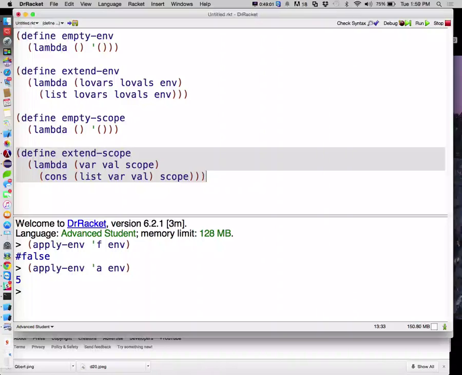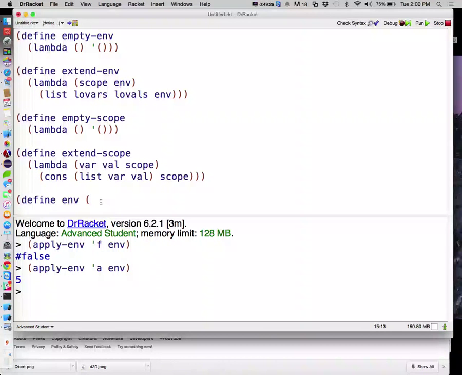Okay, fair enough. So that's what extend scope does, right? Yeah. Okay. So now what you did is to create the thing we had down here, we had define env to be a, let's see. Oh wait, hold on, we need to change extend-env. So extend-env takes in a scope and an environment to add to it, right? Yeah. All right. So what we'll do here, extend-env is going to, well, let's just start with our empty